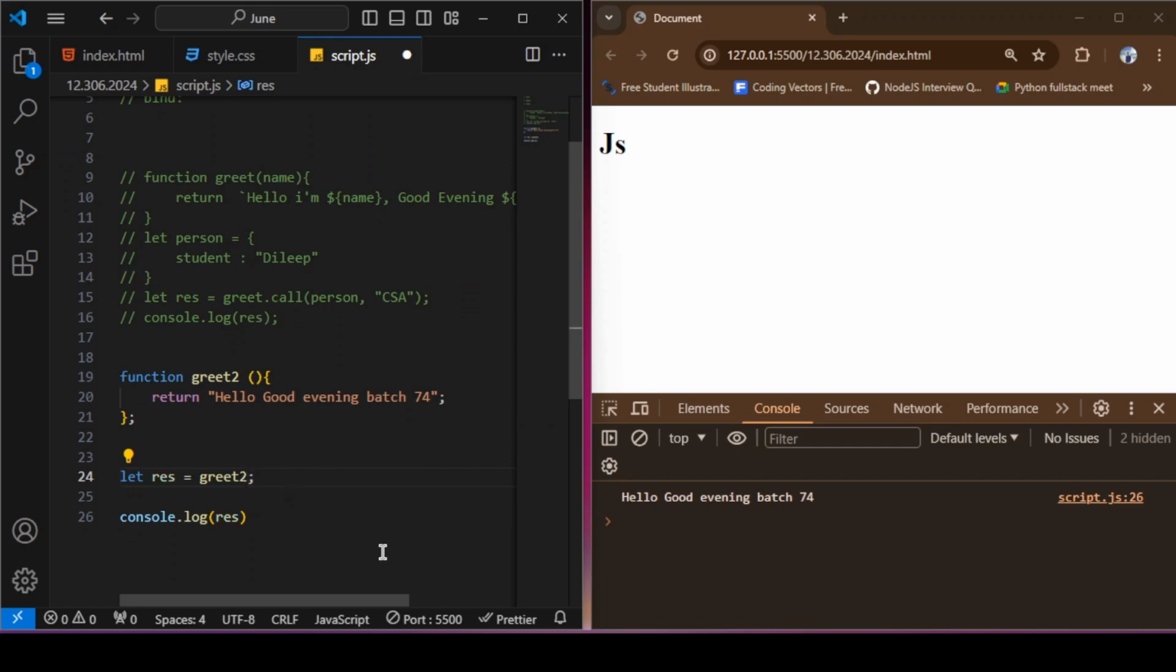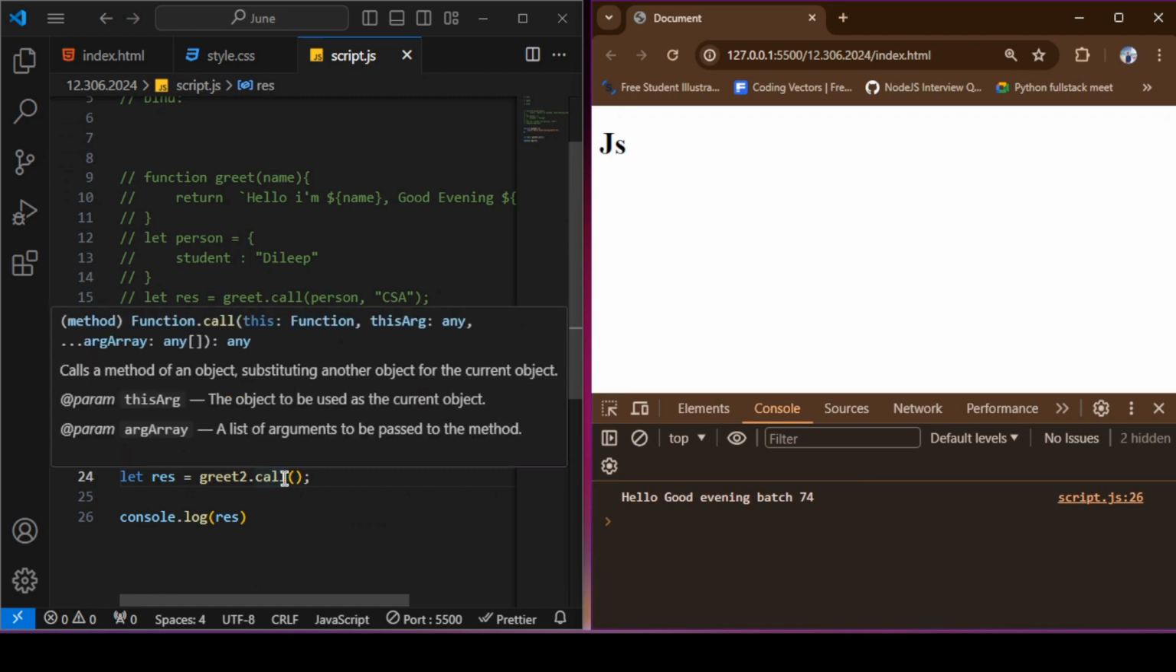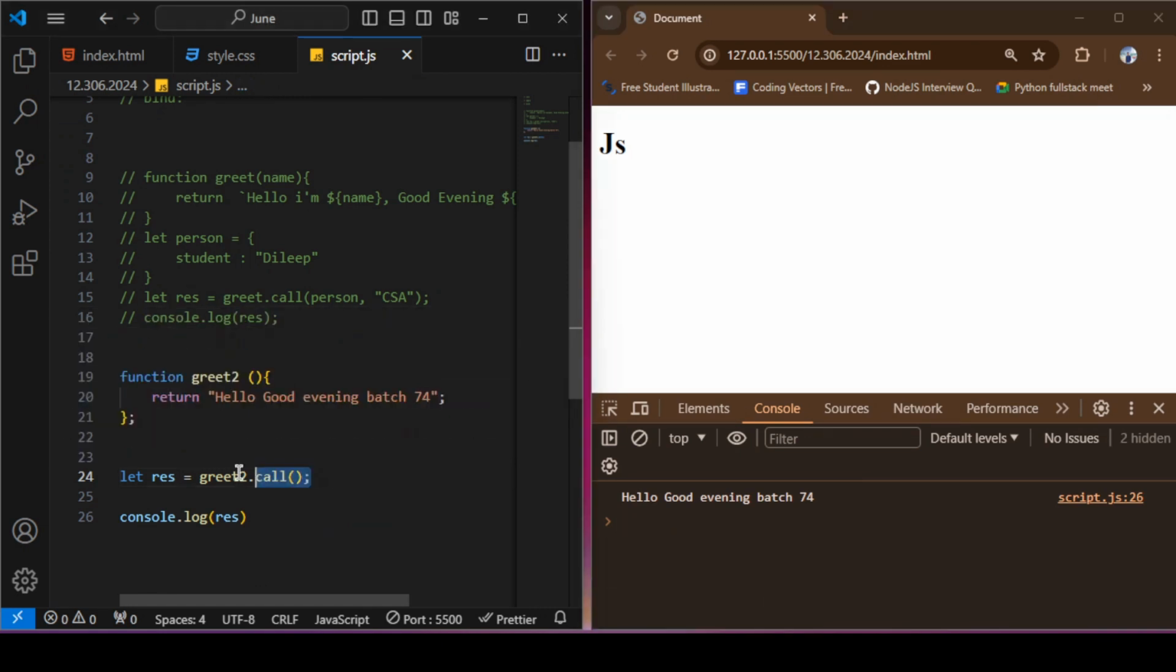We have an inbuilt method called call. So we can do the call, and this is also going to call the same thing. See, we are getting the same thing. Even without parentheses, this is an inbuilt method. We can call the function in this way as well. That's totally fine. But this call is always going to accept the object,